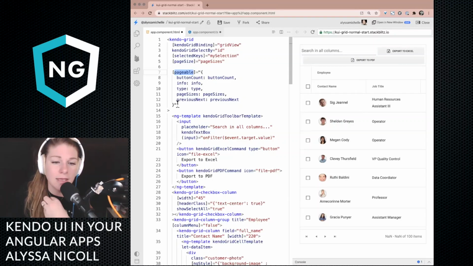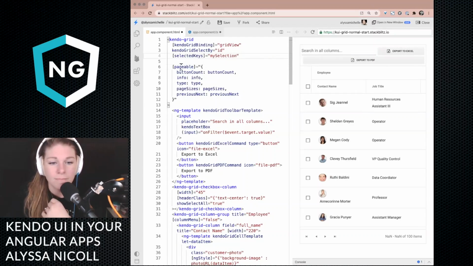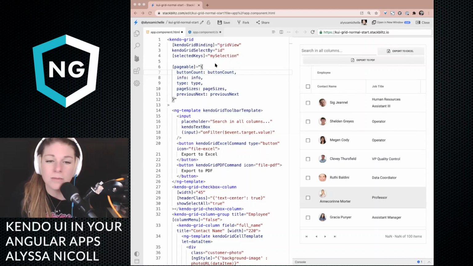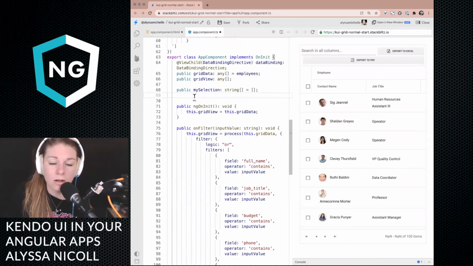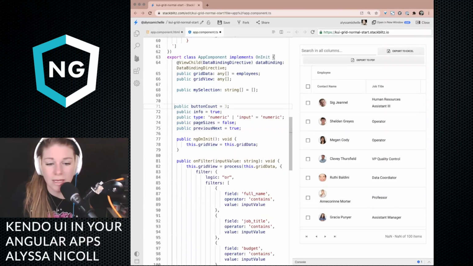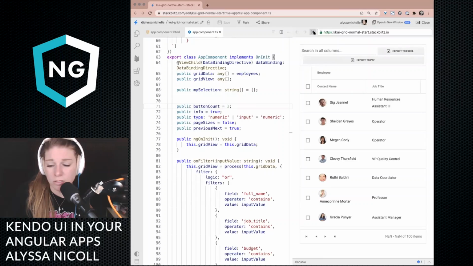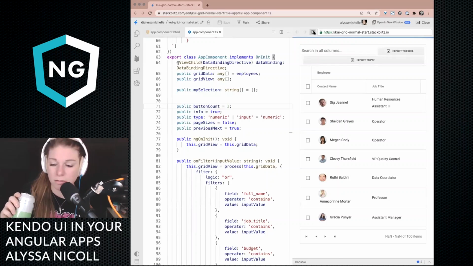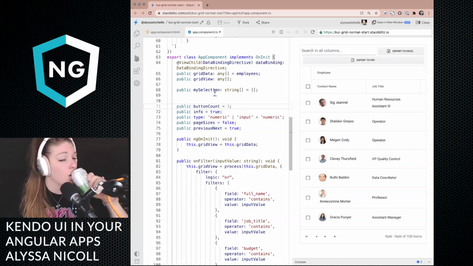You want to set the, and I don't need page sizes if I'm doing it like that. Pageable, you want to bind to this object that has different options. And we need to go ahead and have some variables. The reason we're getting NaN is because it doesn't know what a lot of these things are because we haven't created them yet. So we need to save and go back over here and refresh. Sometimes StackBlitz doesn't update. So at this point, it looks like I did a bad thing.